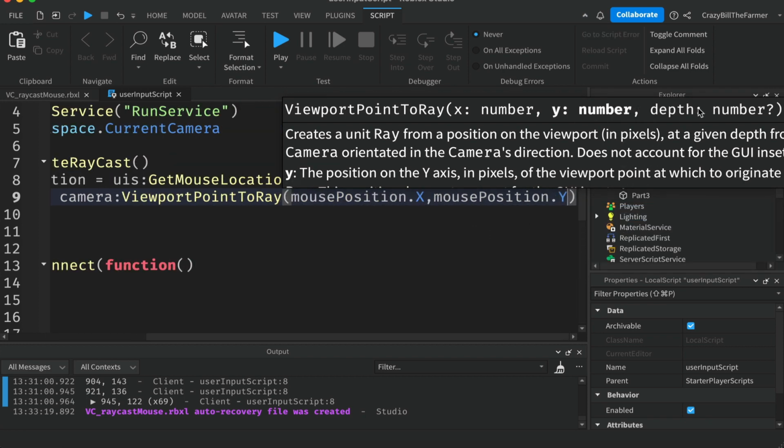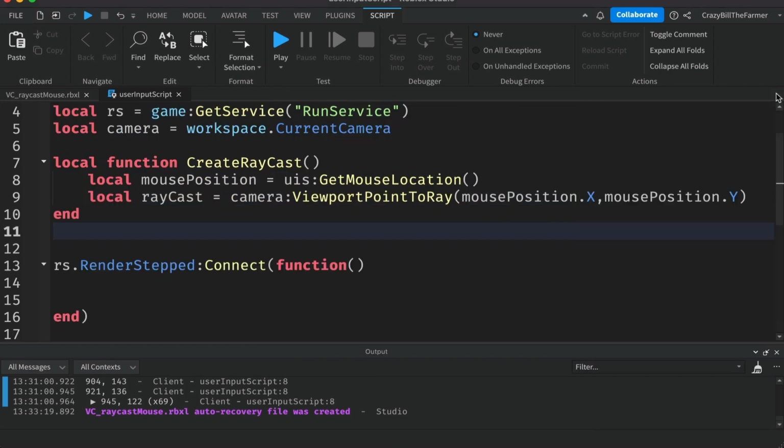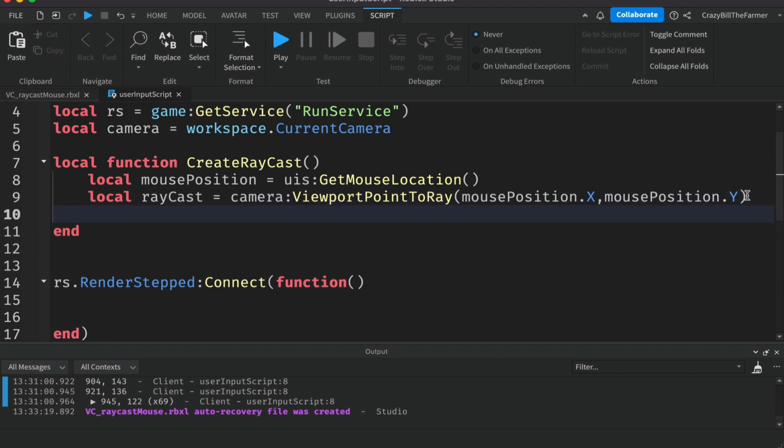Right, and it's got an optional one here, but we won't worry about that. This is all we need at the moment. I'll just get rid of these so you can see the whole line. So this will create a raycast and return something to us, and we want to capture that result. So we'll create a variable called RC, so raycast result